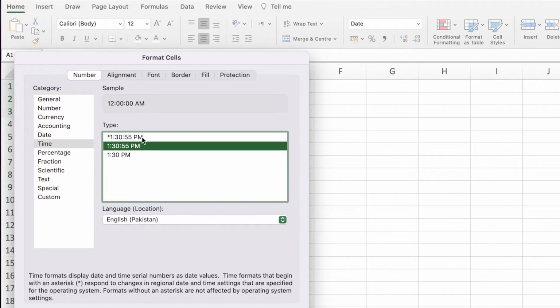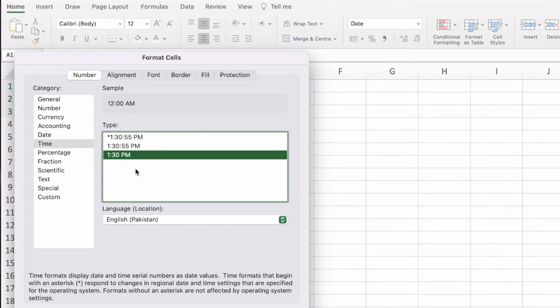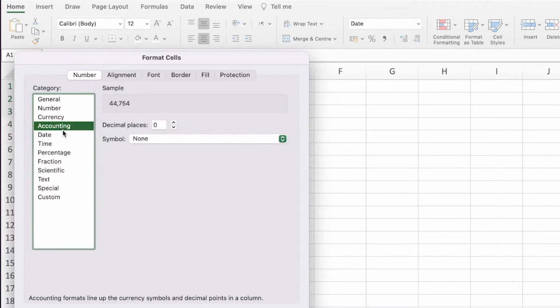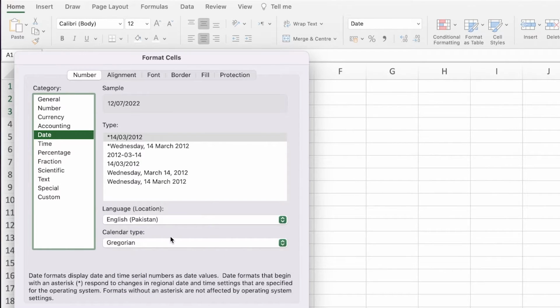So if you want it to be within the AM PM format, or how you want it to appear within the AM PM format as well. And if we go into our language, we can change that, as well as the calendar type, where we only have the Georgian calendar, but depending on your location where you are living, you might have other calendar options available